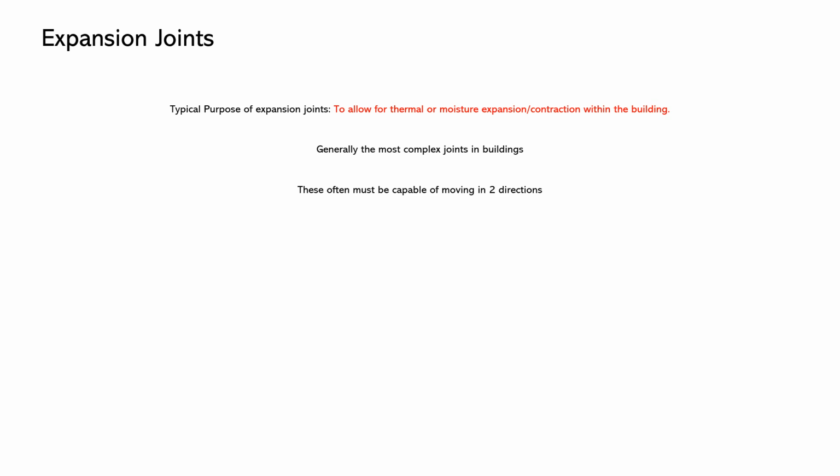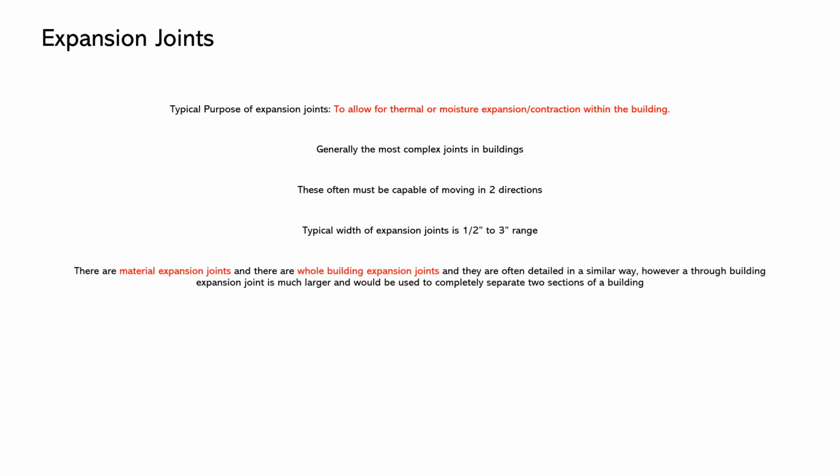They're often capable of moving in two different directions, two different planes, if you will. The typical width of expansion joints is a 1/2 inch to 3 inches, so that's a wide range. They can vary. There are material expansion joints, and there are whole building expansion joints, and they are often detailed in a similar way. However, a through building expansion joint is much larger and would be used to completely separate two sections of